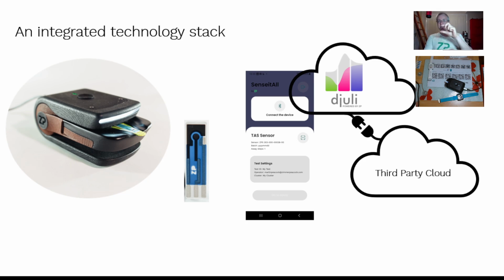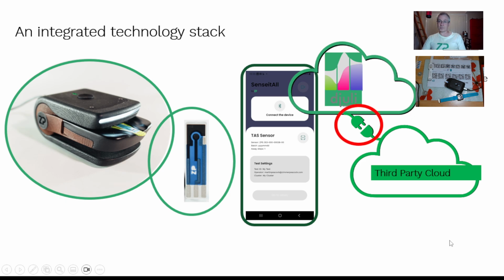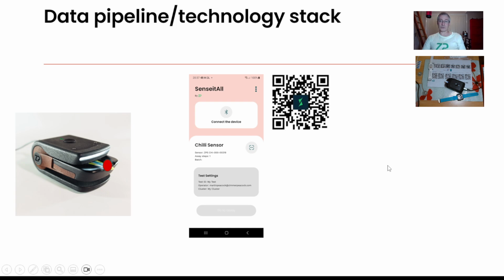What it means is we send the data to the cloud, we put the raw signal through a series of filters or pre-processing, processing, turn it into information, and actually send a concentration back to the phone. So it's quite a technology stack, and it's the only potentiostat where you can actually end up with concentration of glucose as opposed to just current, which is some of the data that we've seen this evening. So sensor goes on jig, sample goes on sensor, app knows what to do through a series of QR codes, app tells meter what to do, meter gives data back to app, it could be cyclic voltammetry,